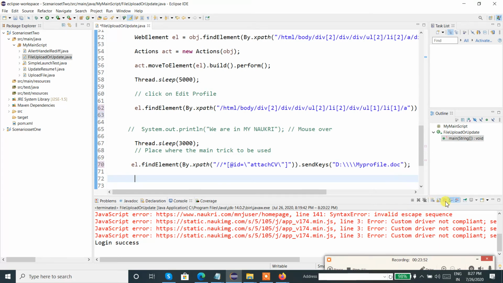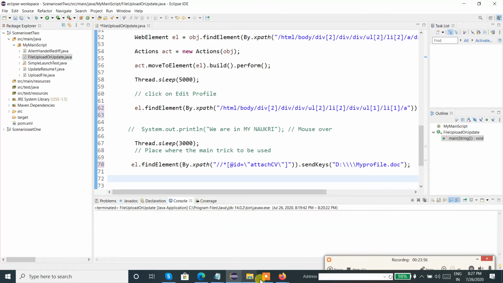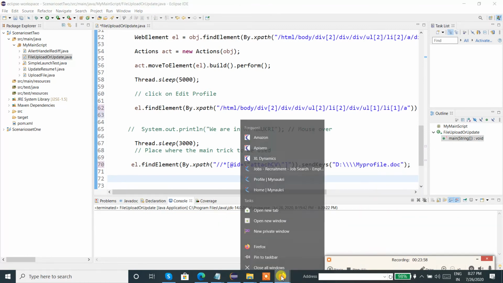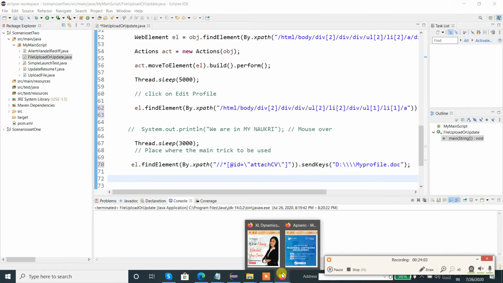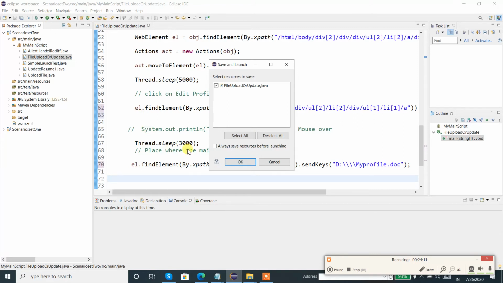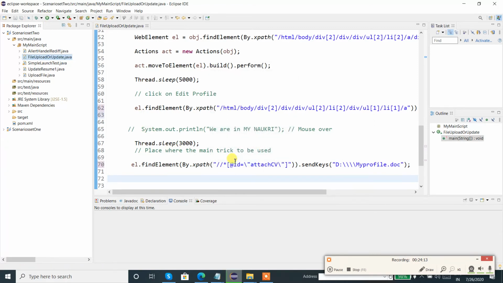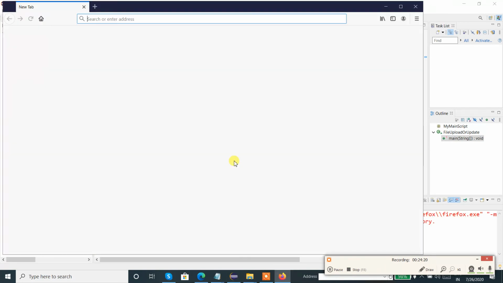So now let me clear the console, and let me close all the browsers. Now let me go back to the file and re-execute. From the beginning again it will execute. It's launching the application.